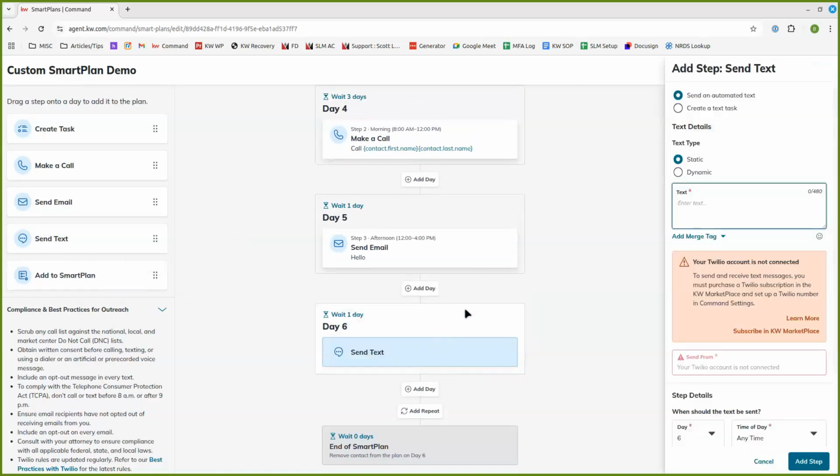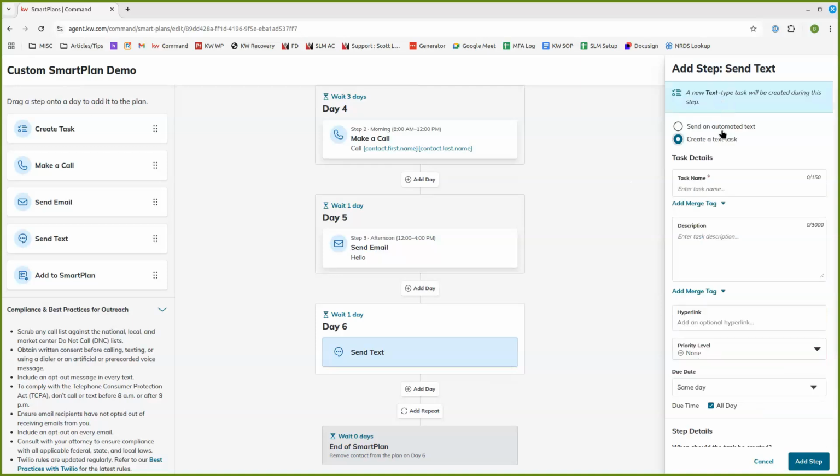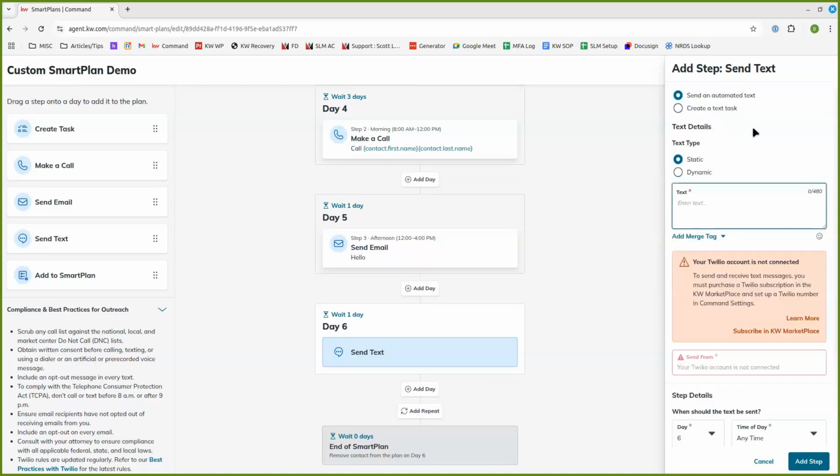With sending a text, it is important to know that if you do not have Twilio connected, it will create a task just like your making a call and creating a task buttons. However, if you do have Twilio connected, you can send an automated text, or you can still create a text task either way. Sending an automated text, it will go ahead and send that text. You can choose whether it's a static or a dynamic text. I'm going to say,